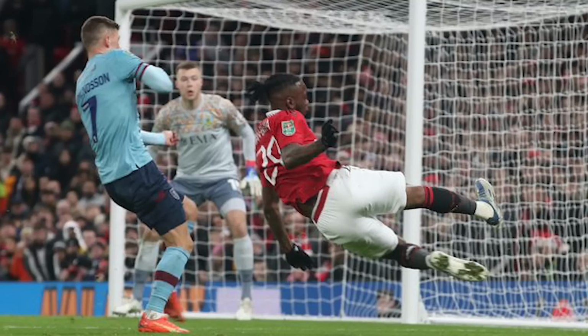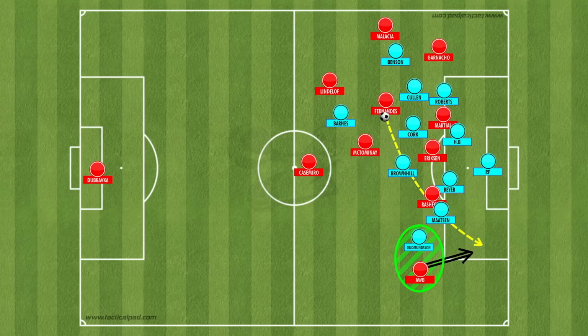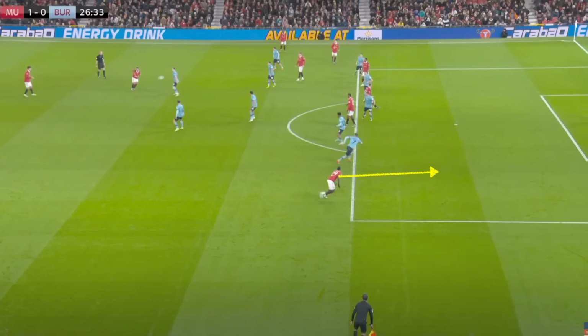But if Burnley's fullbacks were causing an issue for United, one of United's fullbacks, Aaron Wan-Bissaka, was key to opening up Burnley's defence and giving United the lead inside the first half. We can see here that United have pushed Burnley back into their defensive third, and Bruno Fernandes has the ball in front of the Burnley midfield line. And because Burnley are using a 4-4-2 shape, Gudmundsson, the left-sided midfielder, has to track the run of Aaron Wan-Bissaka on the right side. But credit to Wan-Bissaka, rather than holding a wide position on the right flank, he instead looks to make a bursting run in behind his player, and Bruno Fernandes' pass from the other side of the